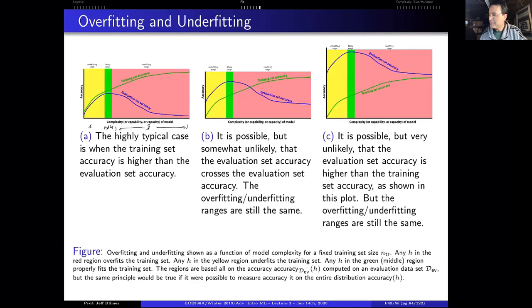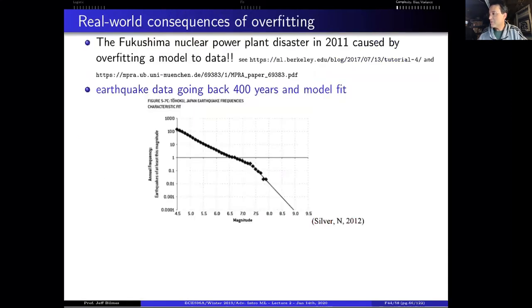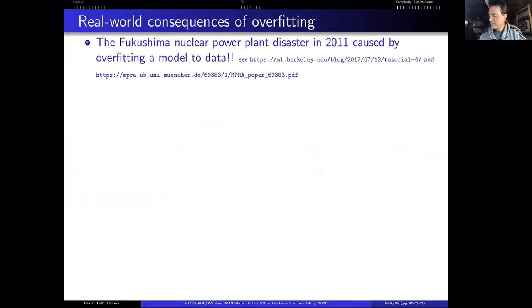Anyway, okay, so let's go on. What I want to do is start by talking a little bit about some real world consequences of overfitting, and one that is still quite strongly in most people's living memory, which is the Fukushima nuclear power plant disaster in 2011. And what's kind of amazing about this disaster, other than how catastrophic it was